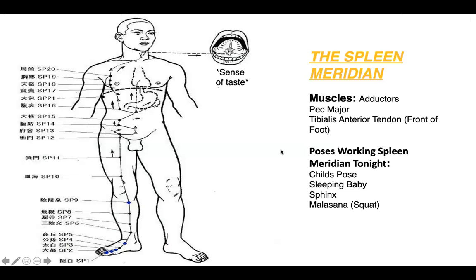So this is the spleen meridian and what we're working into today. It starts on the big toe and travels up the middle of the leg, your inner thigh. A big muscle it goes through is the adductors. Then it goes into the body in a mysterious pathway that only Chinese medicine can understand. And it branches off in three ways. One branch goes to the spleen. The other branch goes to the lung,